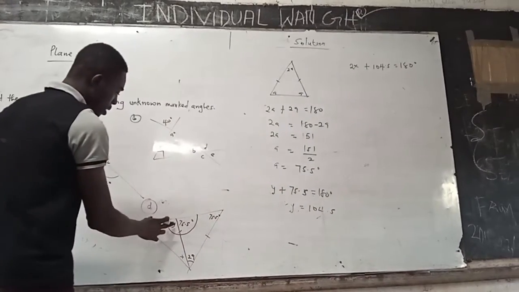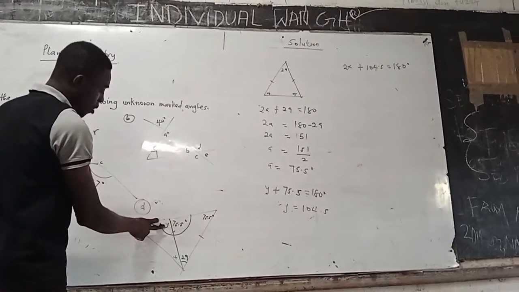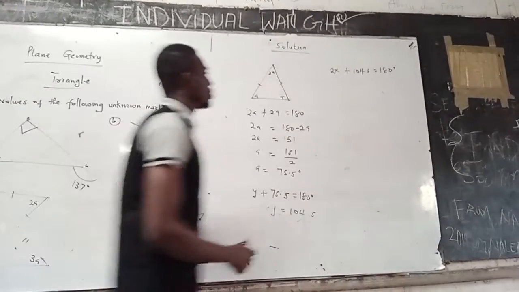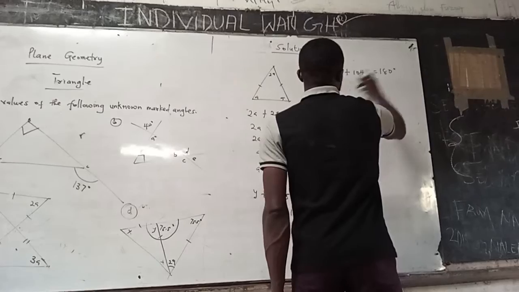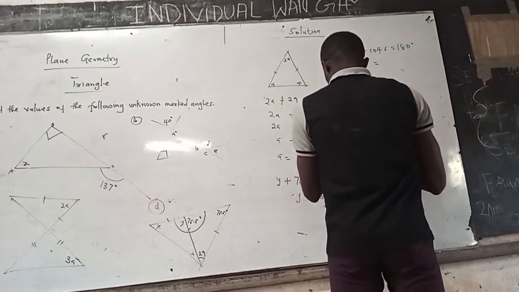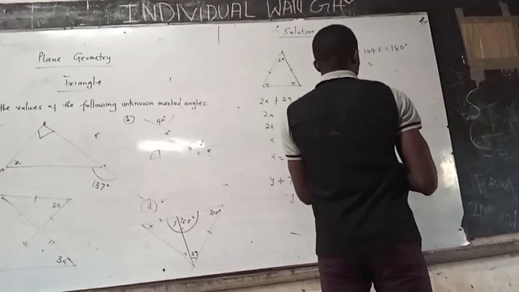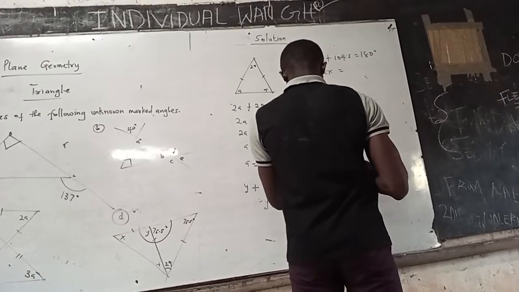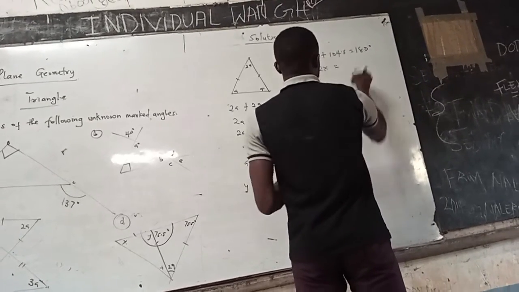So here, this is the 104.5, so plus 2x. But they say we should find it, so we are just finding. So this one, we just go and subtract. So the 180 minus 104.5 is equal to